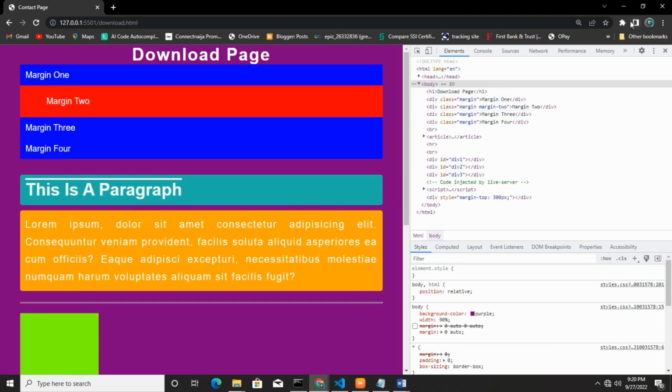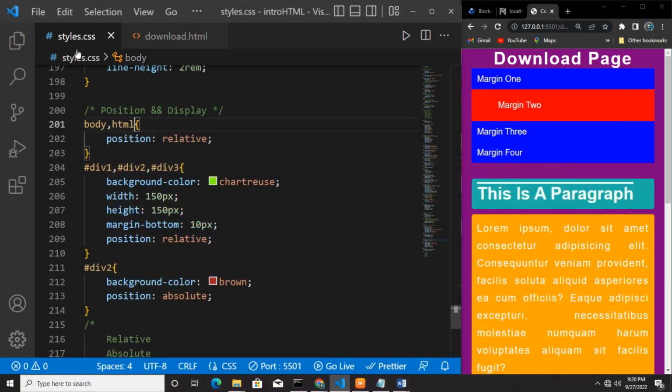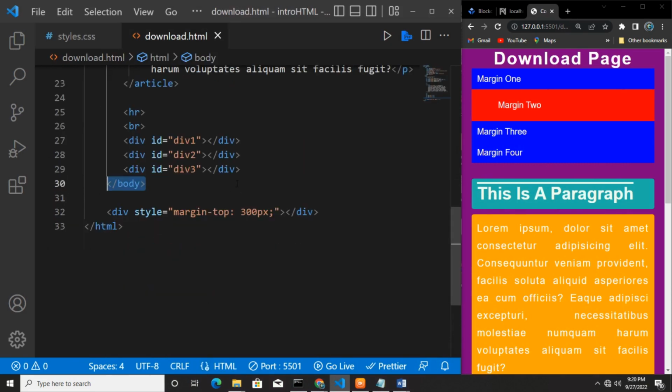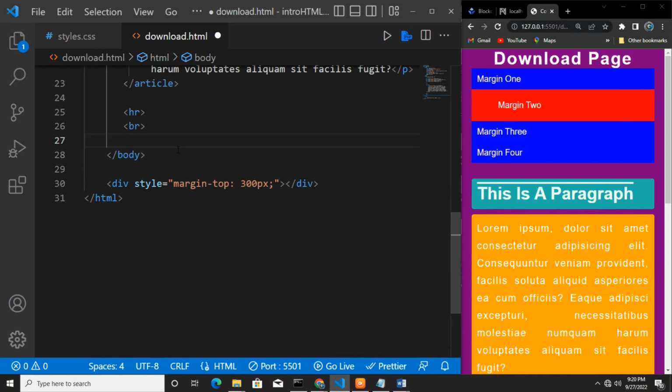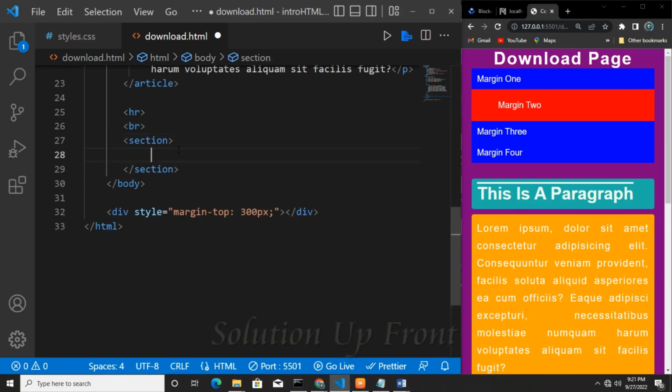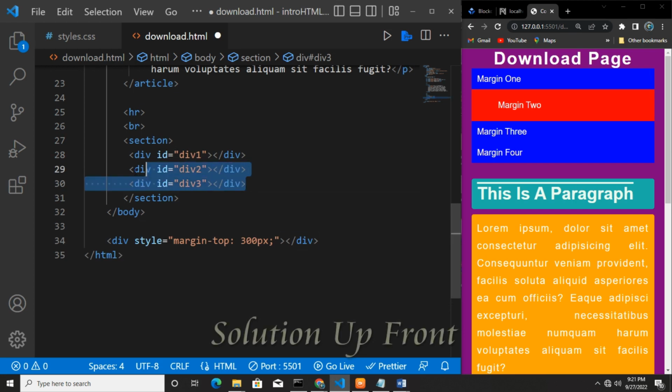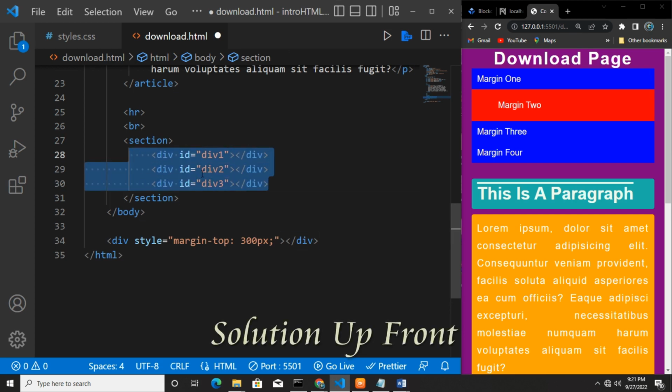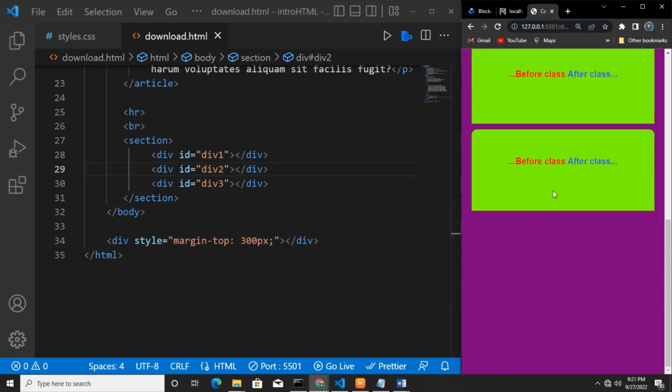Look at what we want to do. Look at what we're going to do now. Okay, I'm going to create a section. Let me just refactor this here because I want to achieve something so you guys can grab this. So I'm going to cut this out. I'm going to create a section here. Inside that section, I'm going to drop this. Okay, so this is inside the section, and I have this box. And if I save, okay, if I save now,